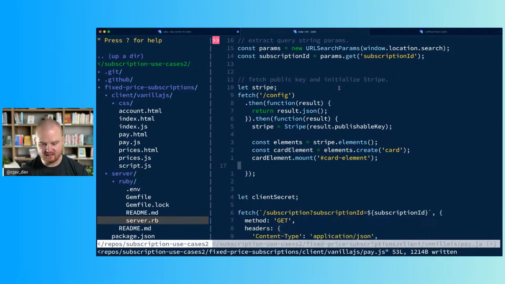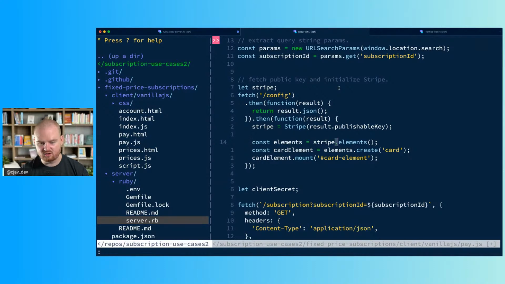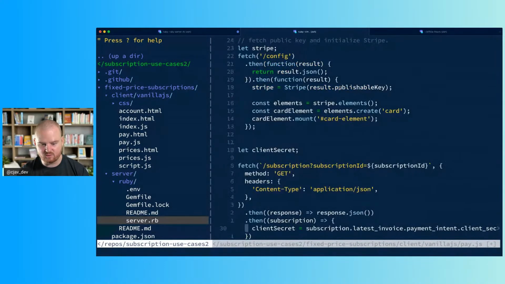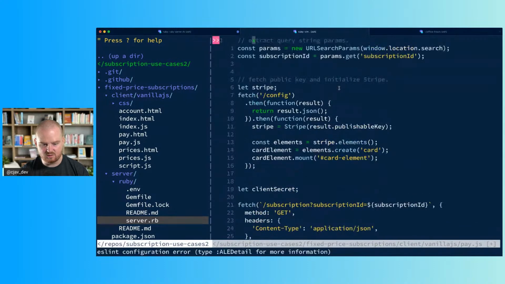So Stripe.js elements, this is where we're creating an instance of the Stripe.js elements object, and then we're going to create a card element and mount that onto the card element div that we have in our HTML. So I'm going to drop that inside of the success block here after we have fetched config, because we don't want to initialize Stripe Elements until after we have the instance of Stripe created. It just seems easier to keep it right in here. Because, actually, we're going to need that card element later. So let's create Stripe and card element